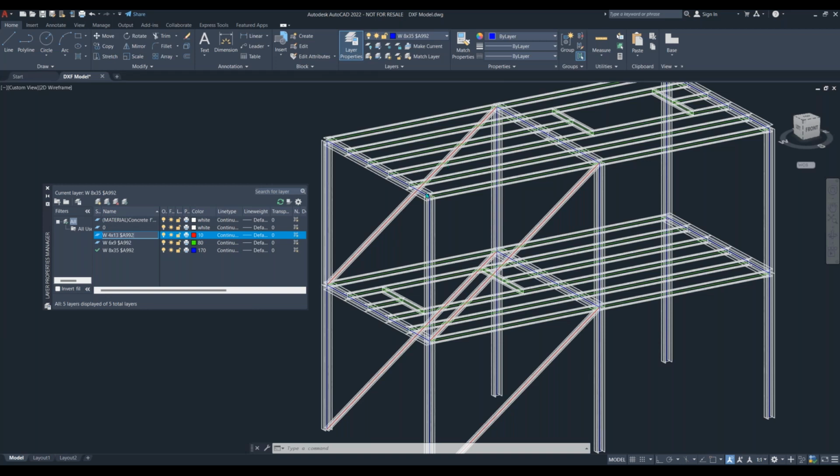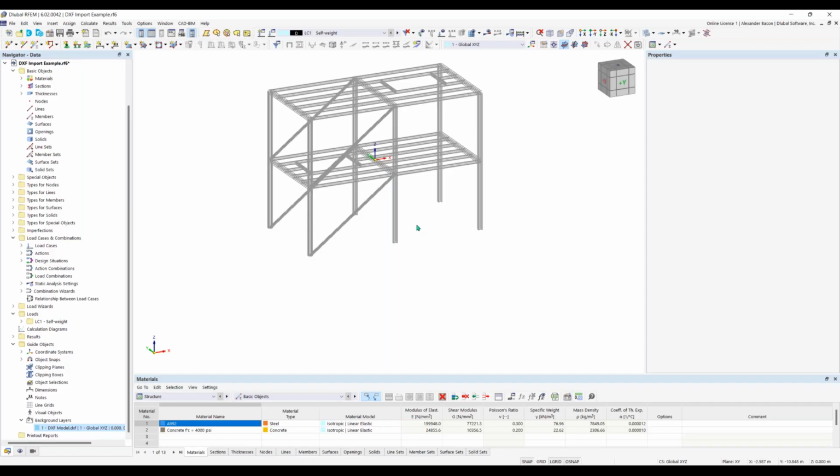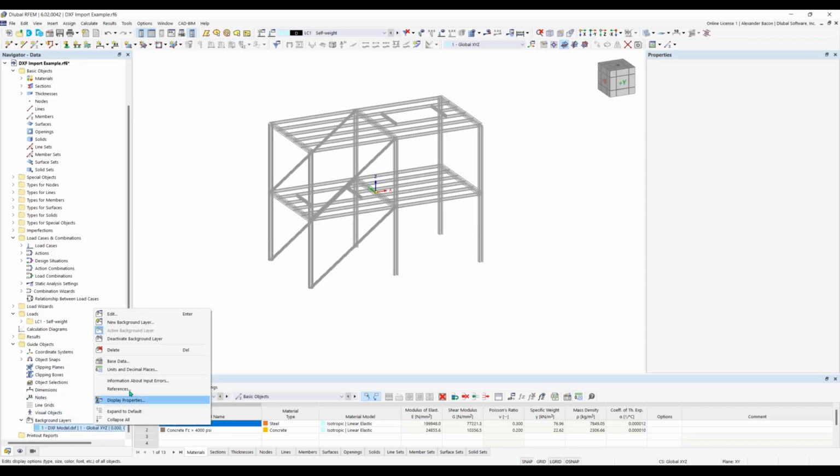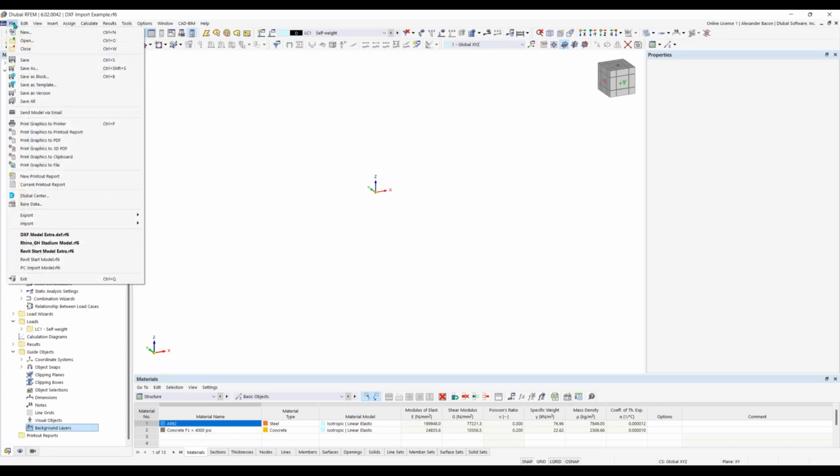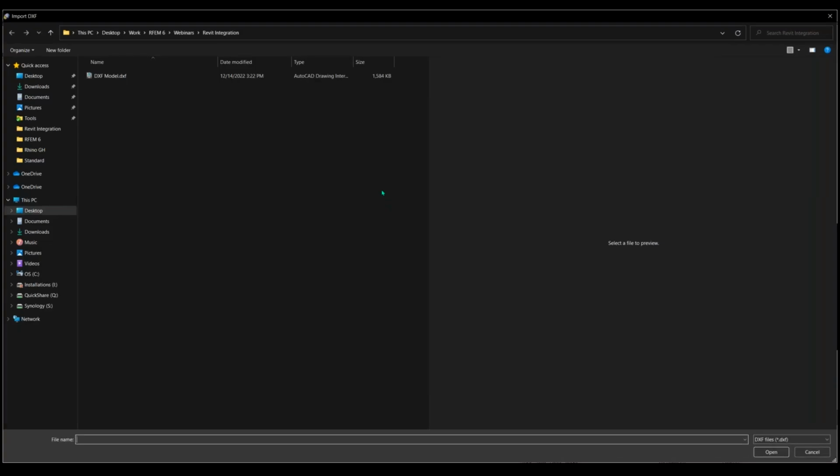So once you have all your layers set up properly like this, then you can go back to RFEM, and I'm going to delete my background layer here, and I'm going to go to File, and you can go to Import, and you can choose AutoCAD or DXF. I'm going to choose DXF, and then I can choose my DXF file, hit Open,